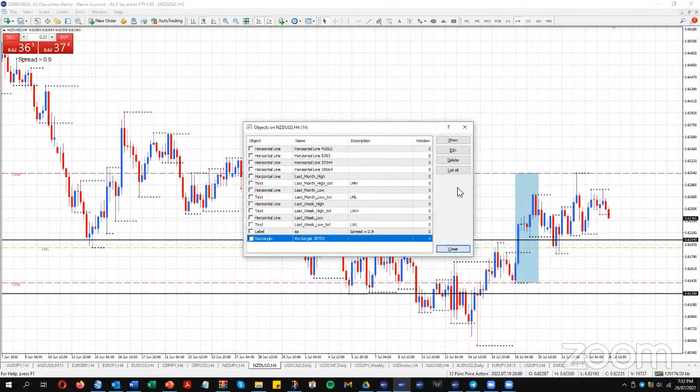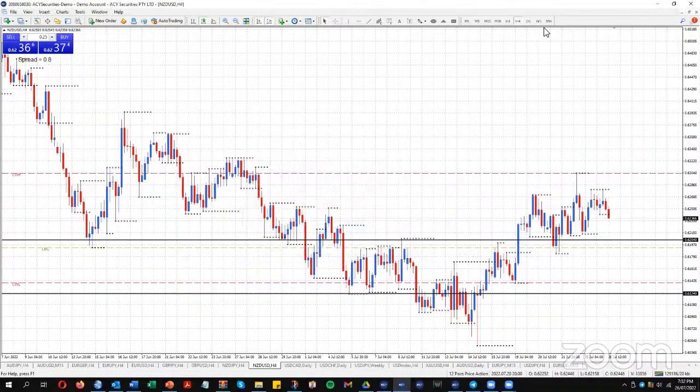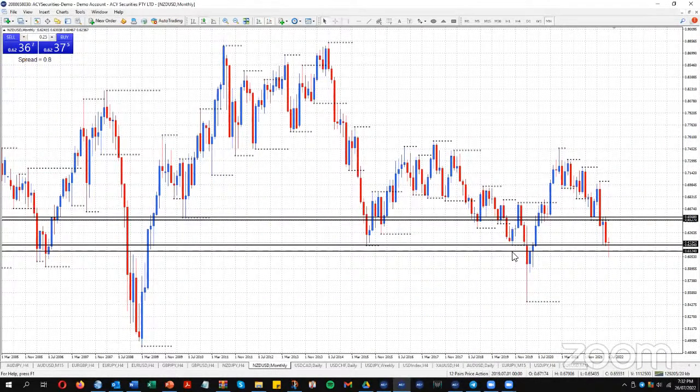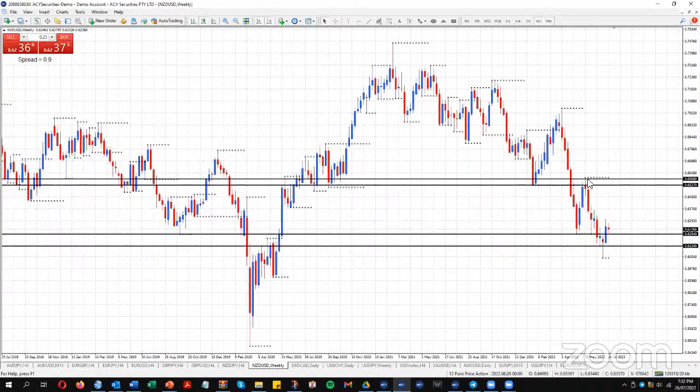Let me just get rid of that for the moment. So to the monthly chart, we've moved above this monthly low here, 62.04. And it actually became support for the market intra-week. So we may well be moving up as we're holding above that level now. We may well be moving up the range for the moment. The weekly trend is down, but we may well be having two to three weeks up the range.